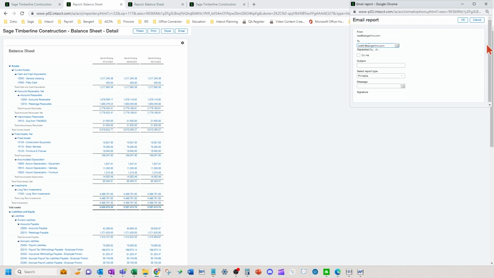You can make this box bigger too when you see that square like that. So you can put a bunch of different emails in here, CC yourself, add a subject. You can change the type as well to what you'd like it to be sent as, and put a message in the email as well.